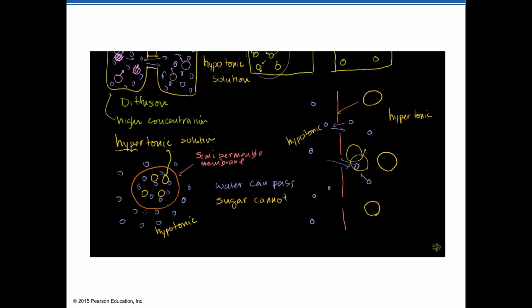So in this situation, with a semi-permeable membrane, you're going to have a net inward flow of water. And this is kind of interesting. We have the solvent flowing from a hypotonic solution to a hypertonic solution. But it's only hypotonic in the solute. That's when you talk about the solute. And it's only hypertonic when you talk about the solute. But for water, if you flip it the other way, if you view sugar as the solvent, then you could say we're going from a high concentration of water to a low concentration of water.